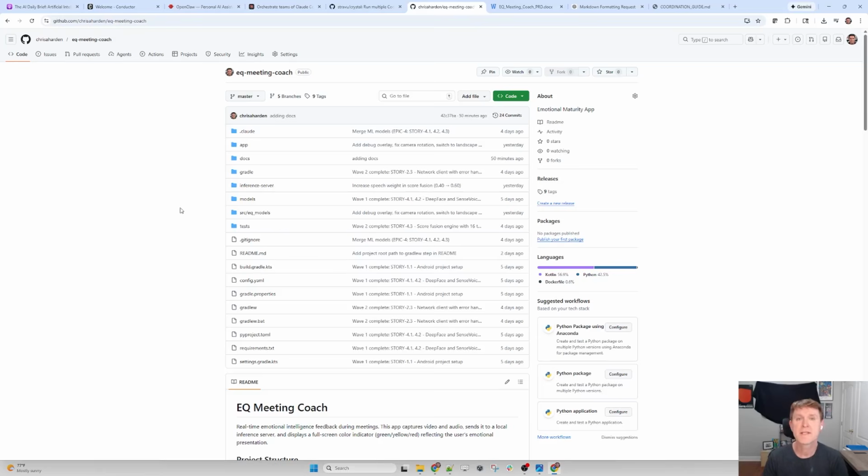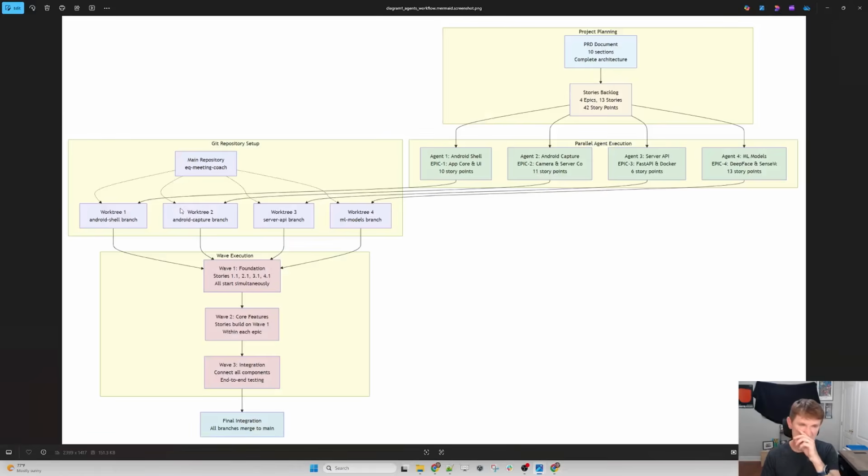Okay, so now that you've seen how the application works, let's get into what I did. So I asked Claude first to give me, let me show you the diagram. So this is the diagram. I said, hey, Claude, give me a PRD. So in the podcast, the way he lays it out, it says, this is what these guys have been doing.